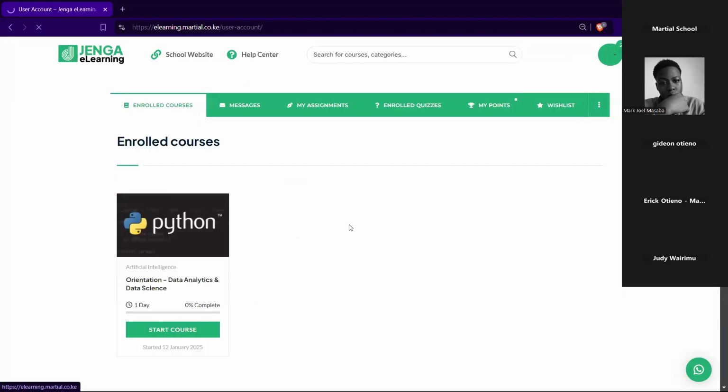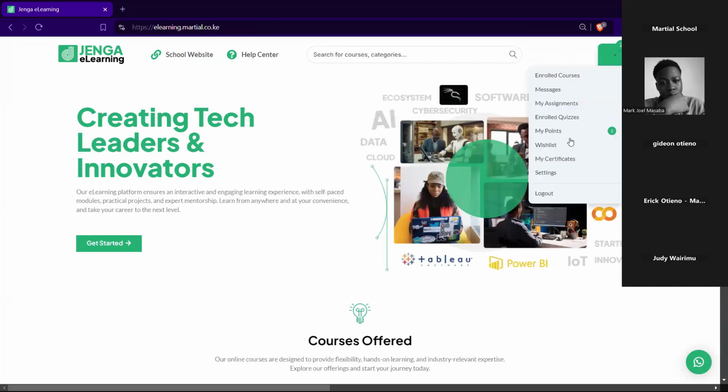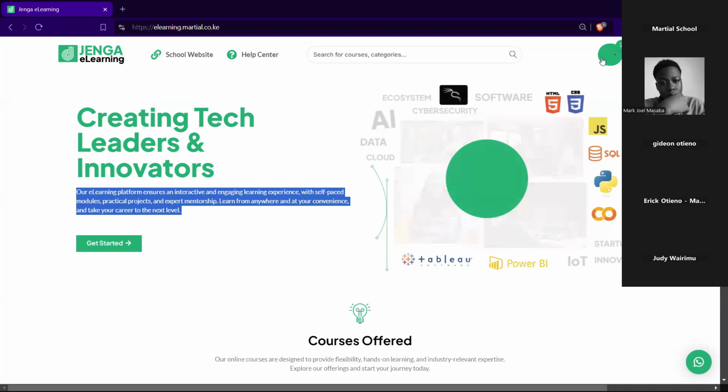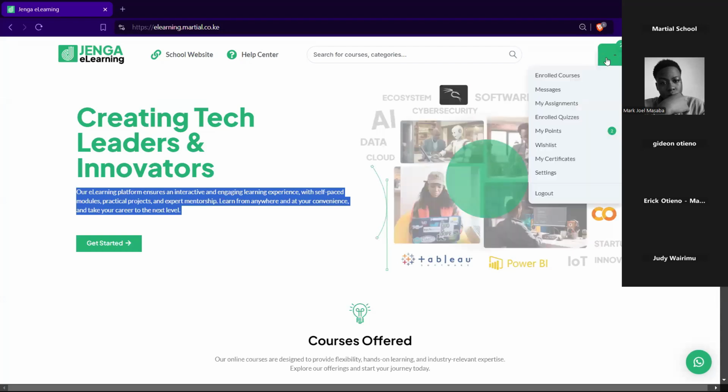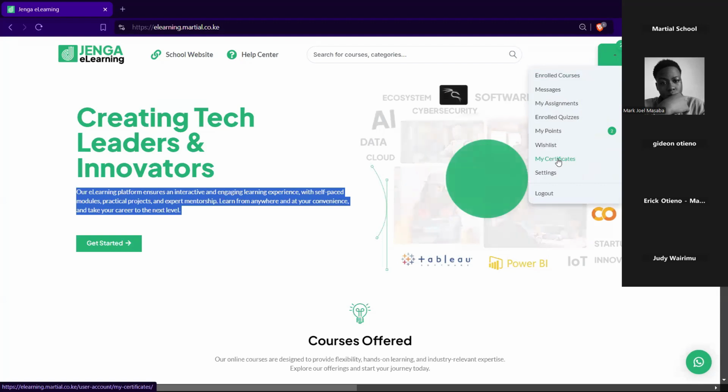As I had said, when you go to the website, this is what you see, the main page. But once you're logged in, this is what you should see, with your name there and a "Hey" as a prefix. My computer screen has a bit of an issue, which is why it's not displaying the whole name, but no need to worry, you can just click on the drop-down there and see all the options you have. After you're done, you're going to get your certificate at the end of it. It will be auto-generated after you're evaluated.